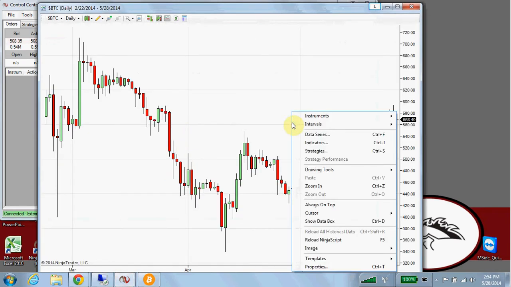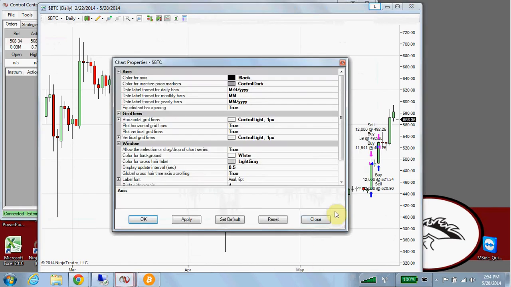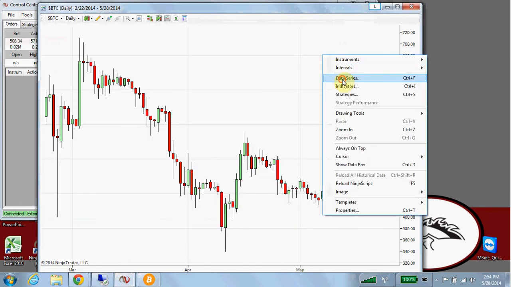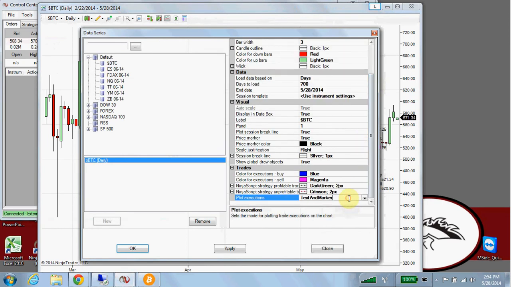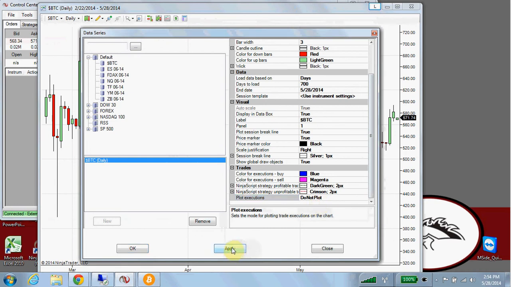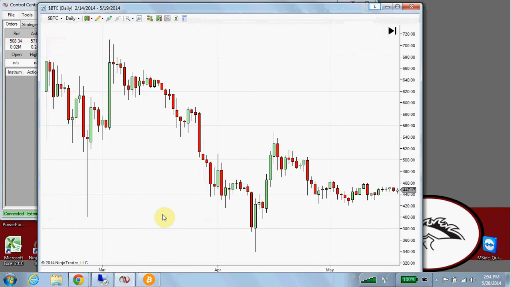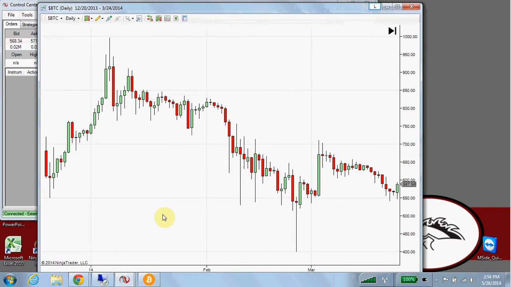And what we'll see here, let's change something up. Properties of my chart, not properties actually, Data. The data series sometimes gives you your actual buy and sell text markers. You can click these to do not plot. All right, so if we look at our historical chart, we'll be able to go backwards in time, and you will see the decline of Bitcoin